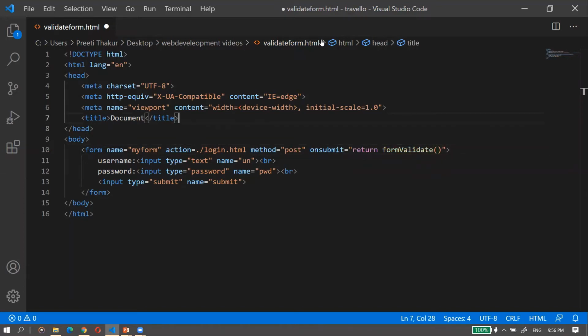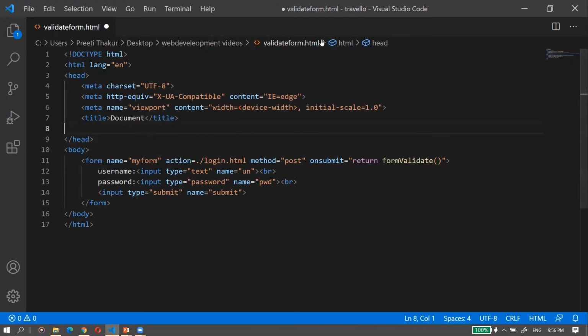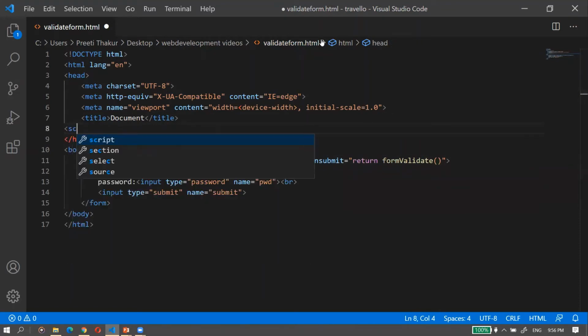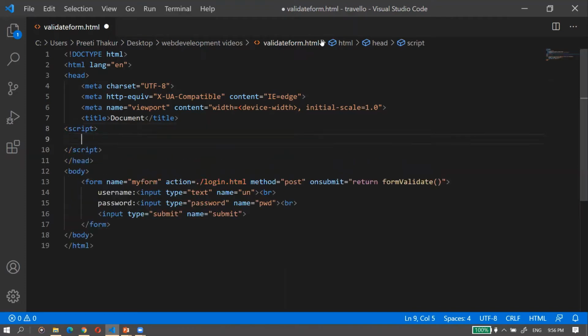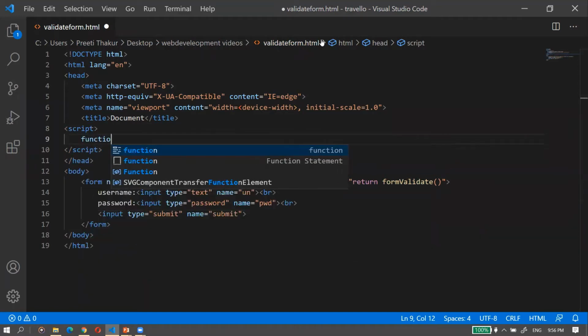So come to this head part. Here I am going to create my script. So in a script, I am creating one function. So function, what is the name of the function?